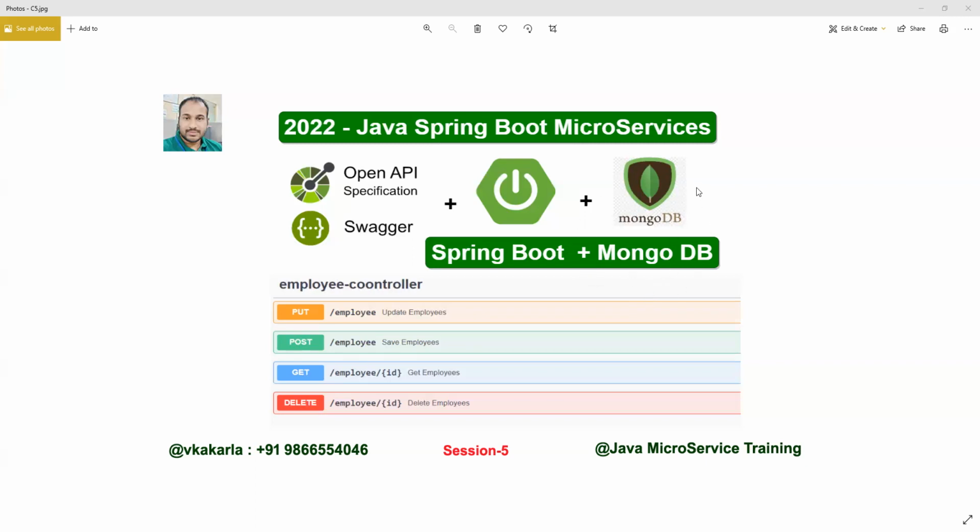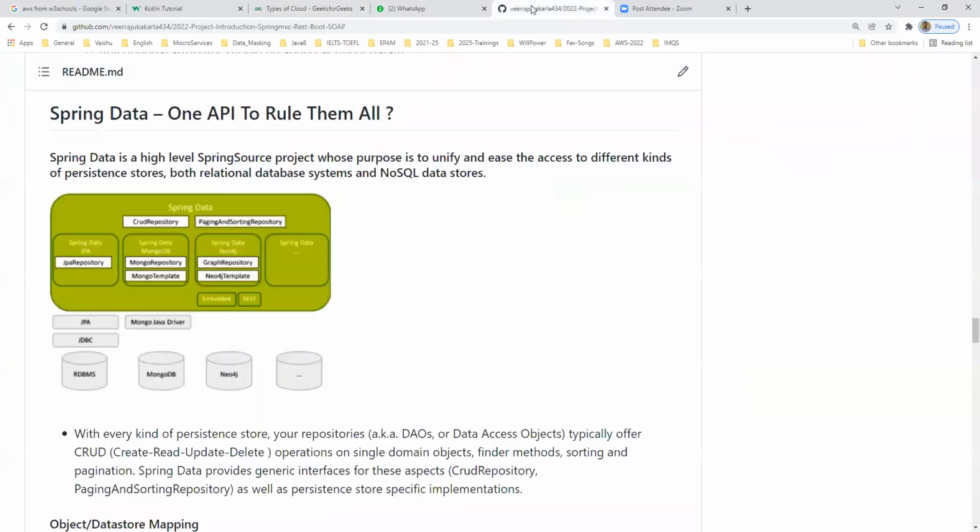Before starting our application, we will see the installation of MongoDB. Then we will come directly into the session here. So let me share my screen. You can see here the Spring Data. We already discussed this: CrudRepository and